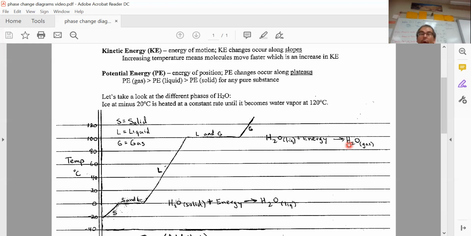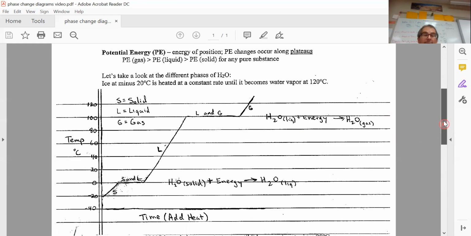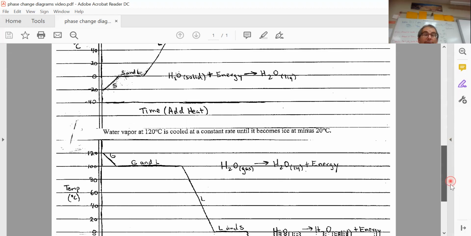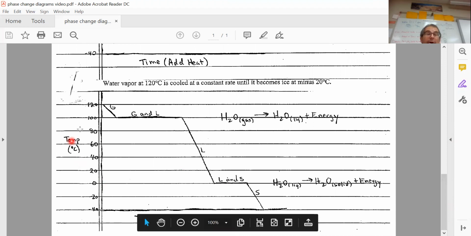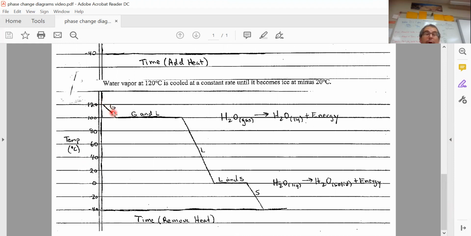How does this look going in the other direction? Let's start with water vapor, which is a gas at 120 degrees Celsius, and we're going to cool it gradually over time. So we're starting out with a gas, but the molecules start to move more slowly, and when you reach 100 degrees, it can't stay in the gas state anymore. We're removing energy, but the temperature doesn't change now. It condenses from a gas to a liquid. So it's losing potential energy along this plateau. Once it's all liquefied, the molecules are going to start moving slower, 90, 80, 70, 60, 50, 40, and they're moving more slowly